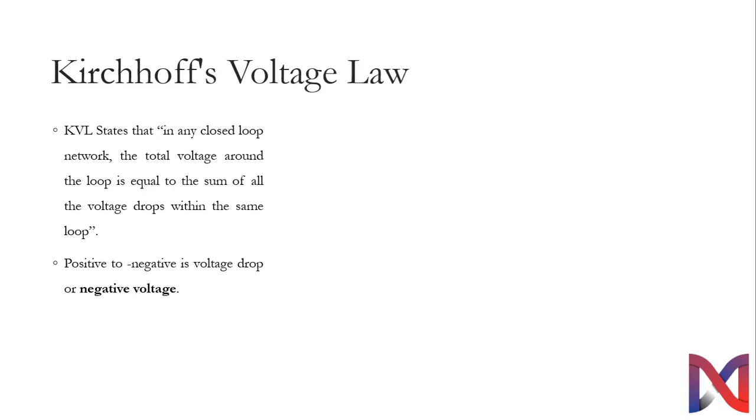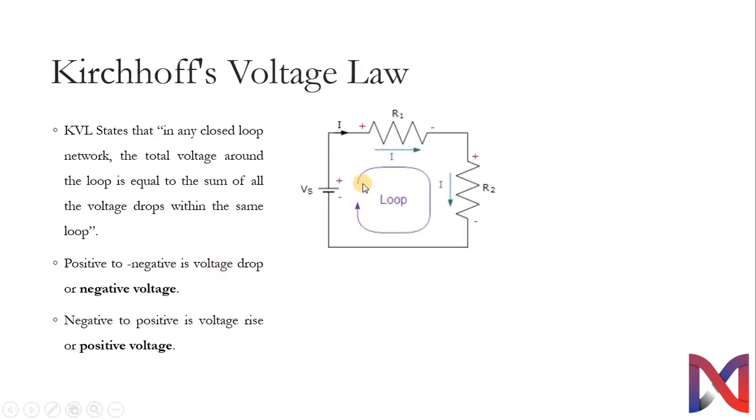Now, the voltage in a circuit can either be taken in positive or negative mode. If we have to take it as a negative voltage, then we have to go from the positive terminal of the battery to the negative terminal of the battery. If we want to take the voltage to be positive, then we have to move from negative to positive terminal of the batteries. Considering this circuit, if we move from positive terminal to that of negative terminal, that is in anti-clockwise direction, then the current will be negative. If we move from negative to that of positive terminal, then the resultant current will be positive.